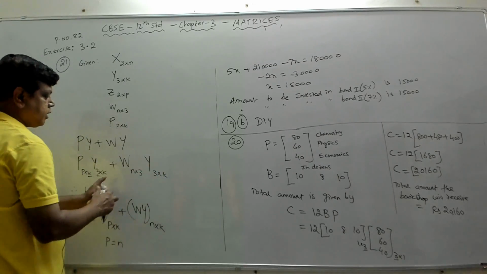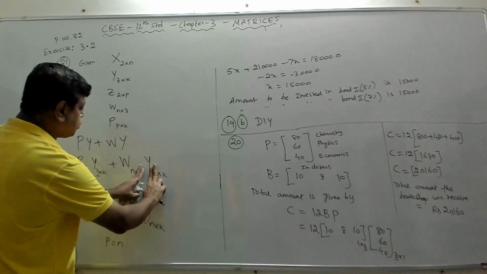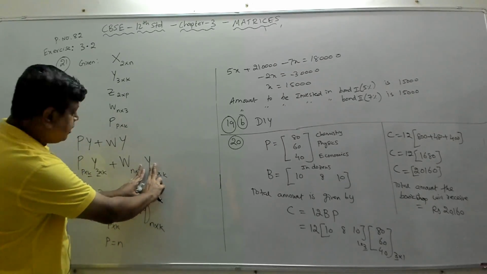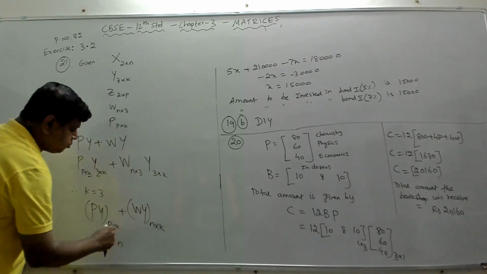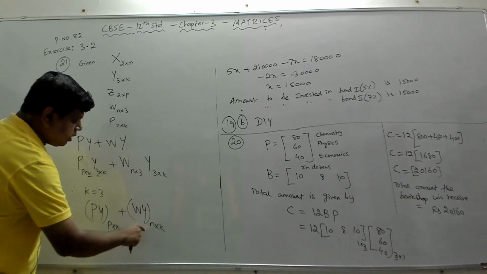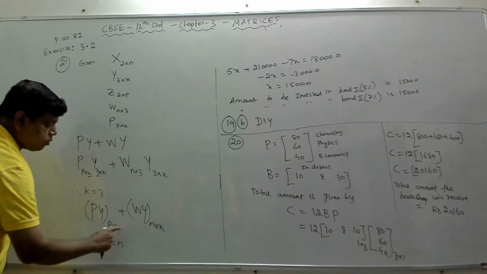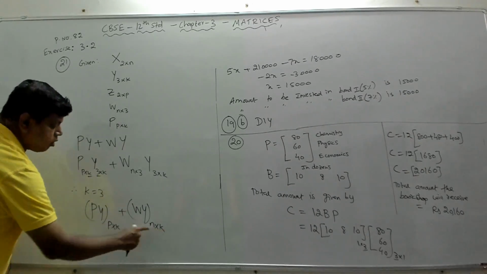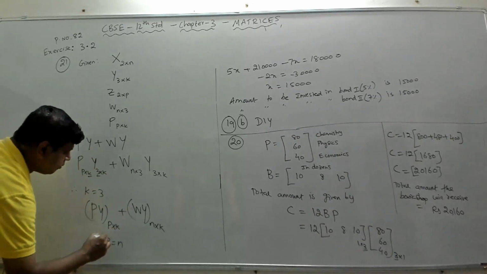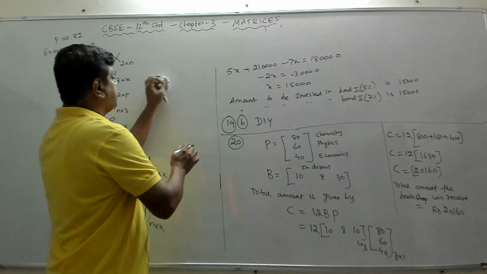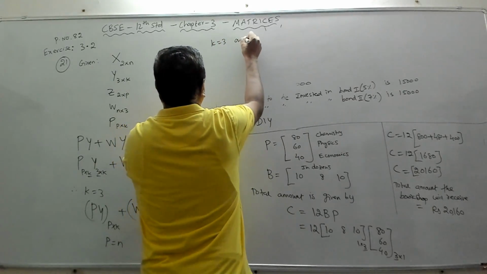When you multiply these two matrices, how do we get the resultant matrix order? We close these two: the column of this and the row of this should be closed, then you will get n cross K. Again, if you want to add these two, both should be P cross K, or both should be n cross K. The order should be the same, which means P should be equal to n. If these two are equal, then you can perform the addition, because the columns are already equal, so the rows have to be equal. So the answer is K is equal to 3 and P is equal to n.